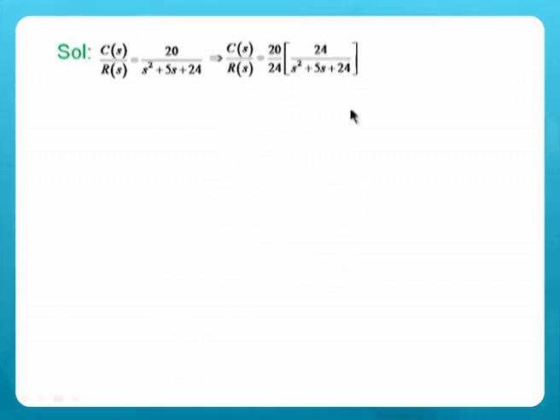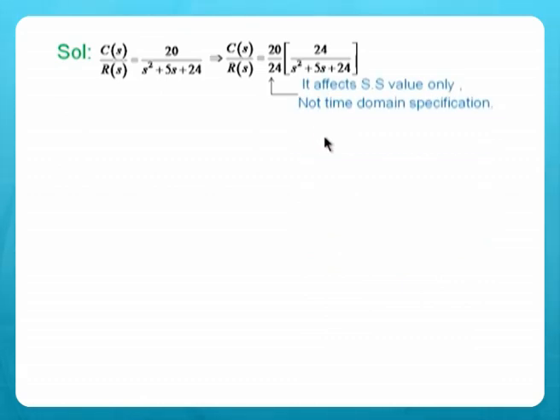But as you know, to compare this second order system with the standard second order function, the numerator term and this constant in the denominator must be the same. So here it is not so. So what you have to do is multiply both numerator and denominator by 24. Now 20 by 24 is a constant. It doesn't affect the time domain specifications. It affects only the steady state value. So we need not bother about this constant at this time and use this standard